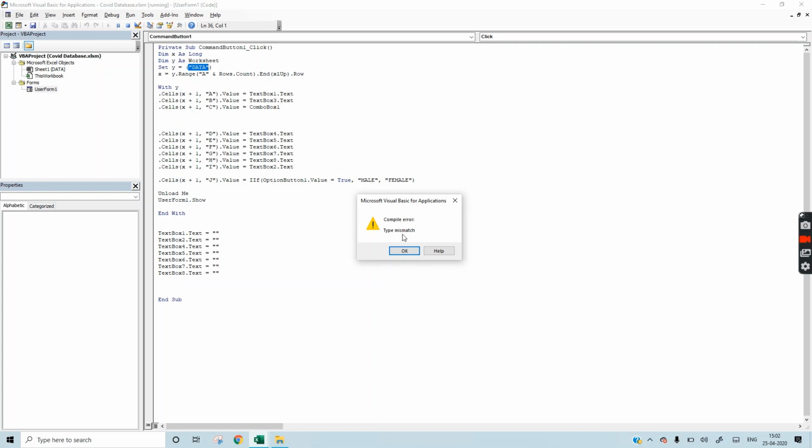So if any bug is there, let's see what the bug is. Saying set y is equal to data, means you have to add sheets also.